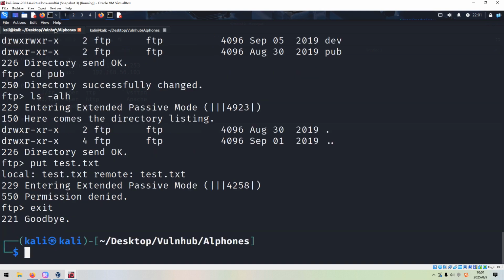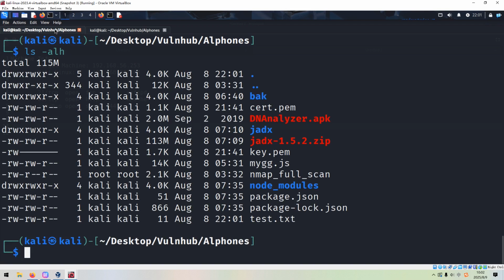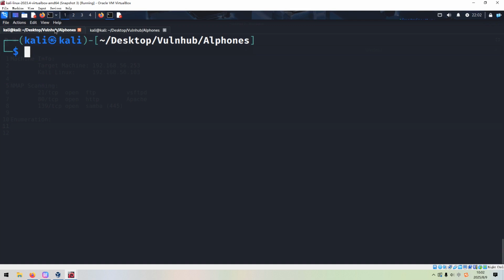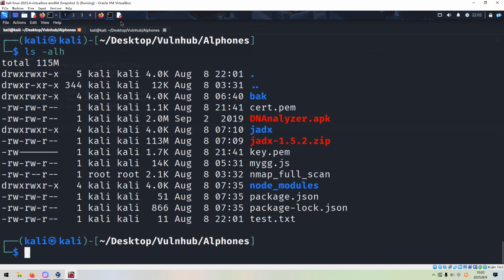So now we can exit from the FTP session. So what are we going to do next? Of course, now you can analyze or reverse engineer the APK file. But before I do that, I'd like to take a UU approach to enumerate other services. For example, next maybe we can note down such information. So this is our downloaded APK file,